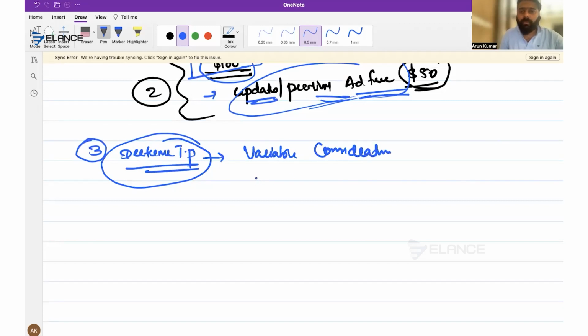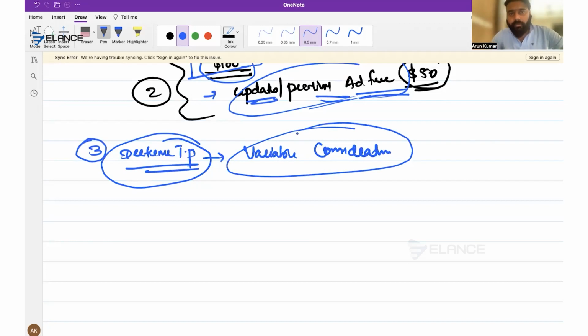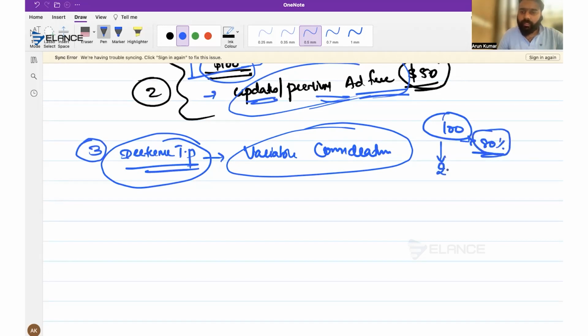Then variable consideration means certain customers' revenue will not be recognized at the time of transferring the control, because especially with the e-commerce industry, we know that when we are making some sales, there is a return offered. After 10 days, we can return that customer product back to the supplier. Such offers are there nowadays in the market, right? So let's say if I sell 100 products, I'm sure that 80% will not get returned, 20% will get returned.